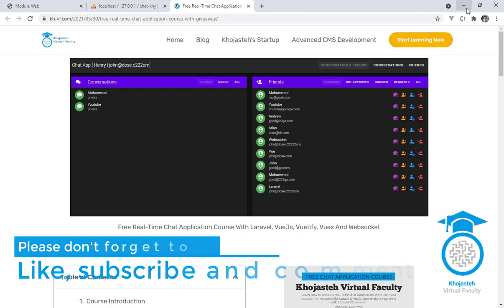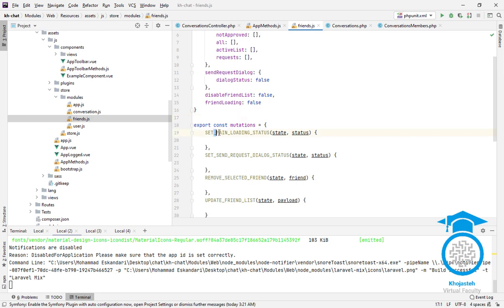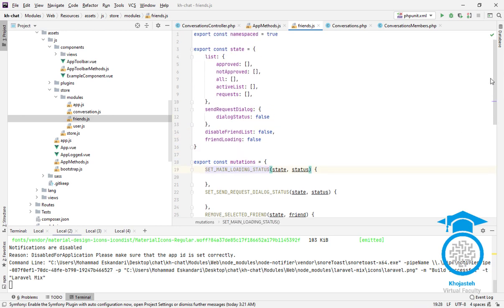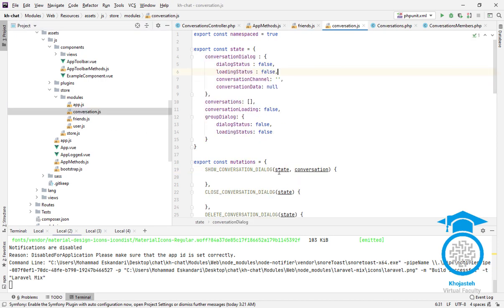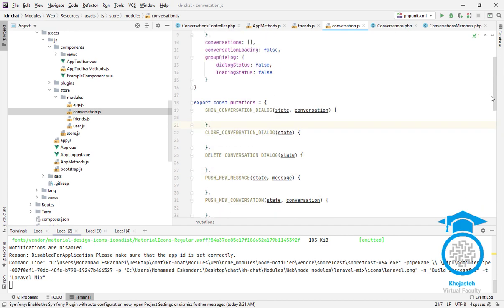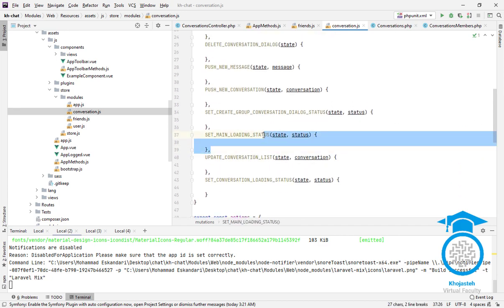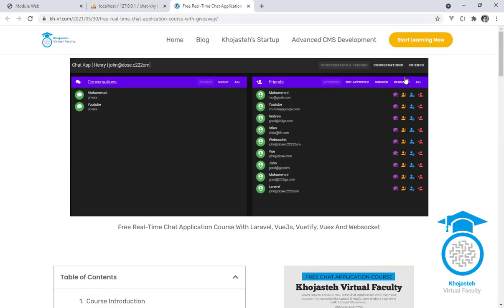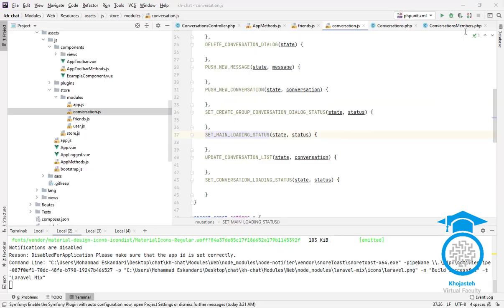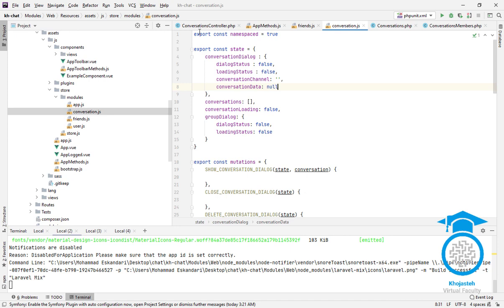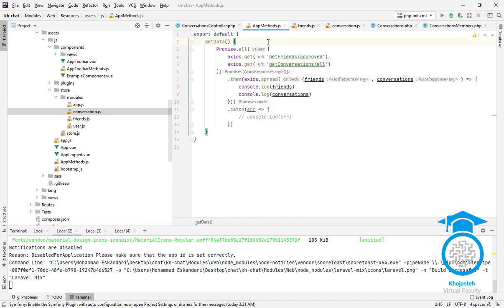So in this case we need to use this loading status which we already added in our friends module or conversations module, to update a state for showing loading in this button and eventually disabling them to prevent the user from clicking on them while we are doing another API call. So I'm going to start with adding the first one,